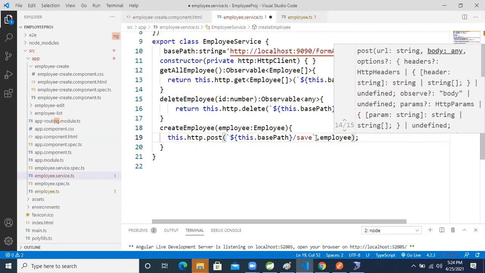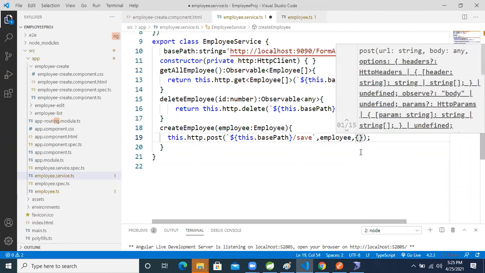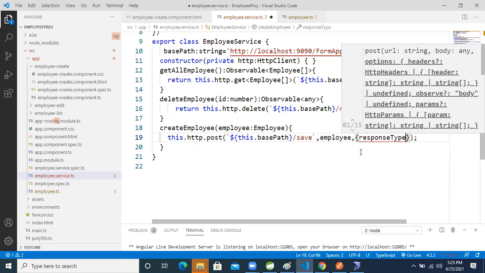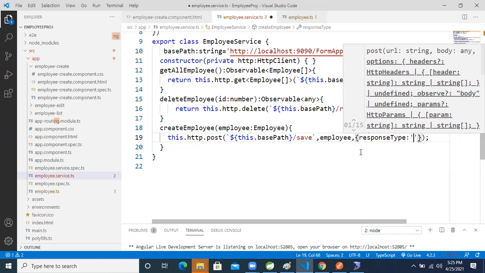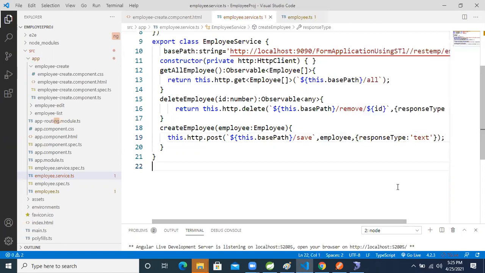After that, you will get some response, a JSON response. To convert that JSON response into a text response, use responseType comma text. I converted that into text.